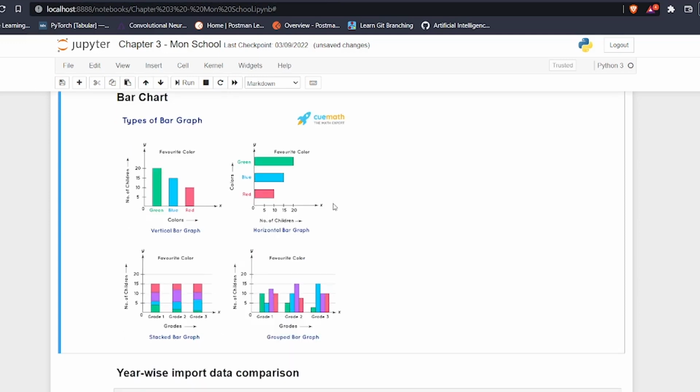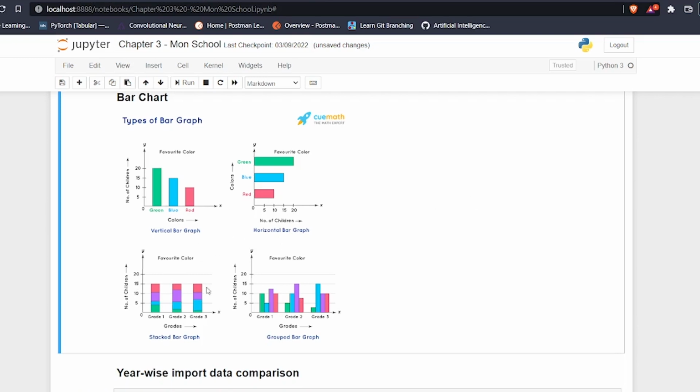So a bar graph is basically a pictorial representation of different values, and it is represented by bars, the columns. The columns that you see here are called bars, and that is exactly why it is called a bar graph, right? There are mainly four different types of bar graphs, right? Here you would see a vertical bar graph, where all the values are plotted vertically. Here you would see a horizontal bar graph, right, where all the values are plotted horizontally,